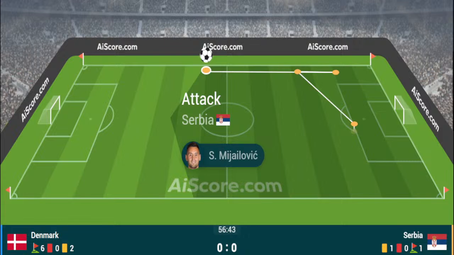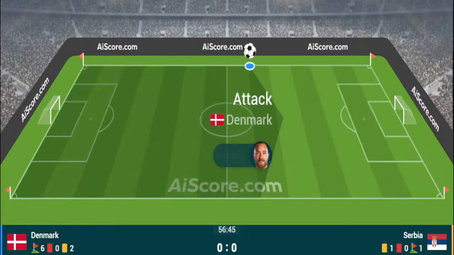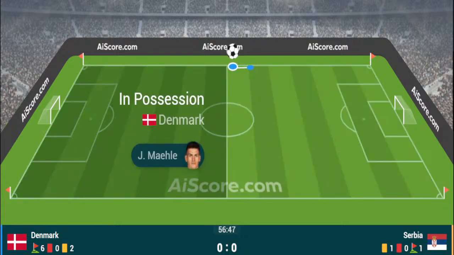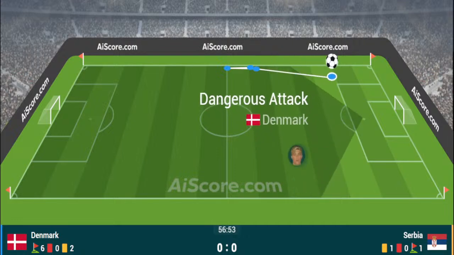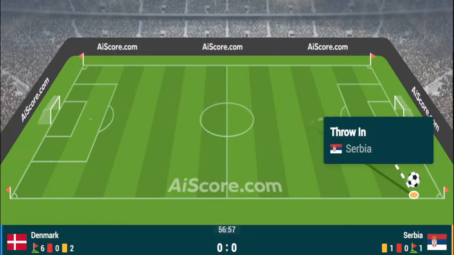Christian Eriksen, right-footed on that right-hand side. 55 minutes on the clock. Christian Eriksen is going to feed the ball into the penalty area. It's a slice clearance away for a throw-in for Denmark, and it's going to be an opportunity now for Bah to take the throw deep inside the Serbia half. Bah now with the throw for Denmark. And Bah considering launching the ball into the penalty area.